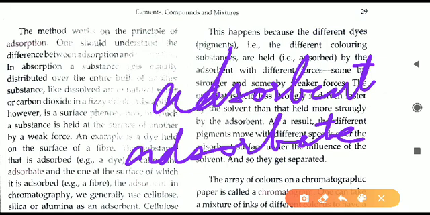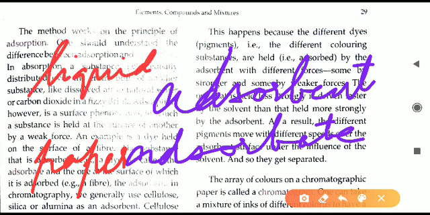Like in our example, we have used paper. We have used chromatographic paper, and we have dipped that in water. So the paper that we have used, the chromatographic paper, that is the adsorbate, on which adsorption has happened, and the adsorbent is what? The liquid or the mixture that we have taken, that is the adsorbent. Two substances are used in this case. One is the paper, another one is a liquid. One will work as adsorbate, another one will work as adsorbent.